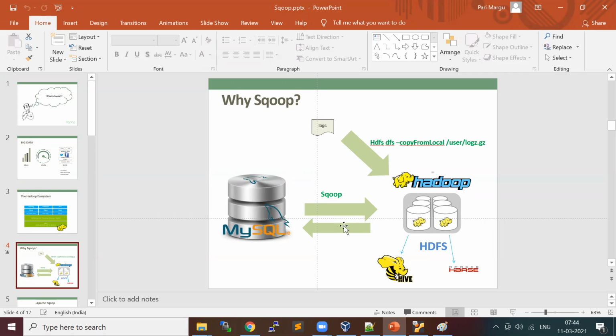Sqoop always does import and export. Import is bringing the data from RDBMS to Hadoop. Export is from Hadoop to RDBMS. These are the two major commands. Apart from import and export, there are commands like eval and others, which are generally used for debugging and other purposes.